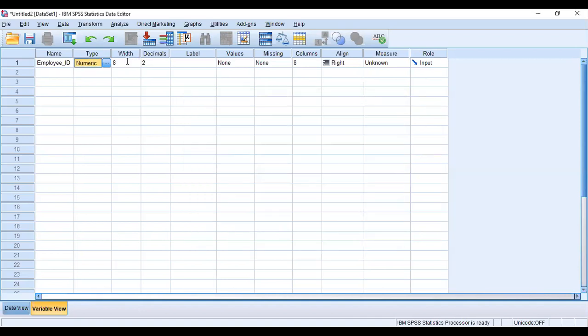Then width, the number of characters in it. When we go for a university exam, you have a university registration number. The number of digits in the registration number will be the same for every candidate.